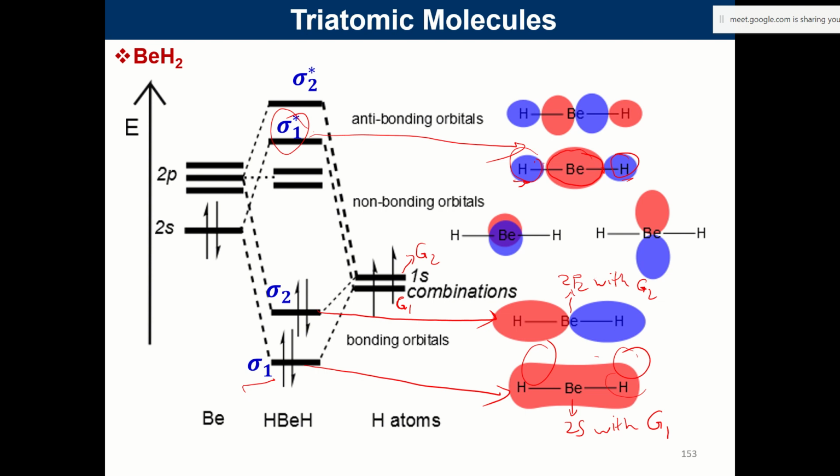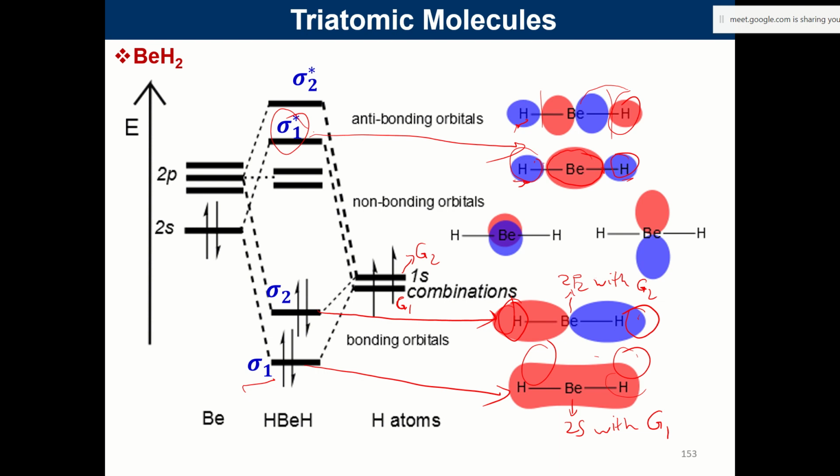In a similar fashion, you consider the other one. You were writing minus G2, so one was plus here and one was a minus sign on hydrogen, now it will reverse, minus plus. So now see, what was red here became blue, and what was blue here is now red. And the p orbital of beryllium you let remain undisturbed, the same, because of the mathematics that you have been following: 2s minus G1, 2p minus G1 G2, this represents the minus G2 part. Now you have 1, 2, 3 nodes, so the number of nodes increases. So this is the way